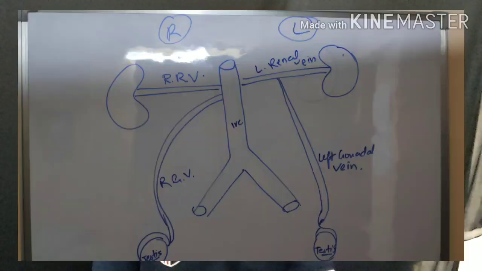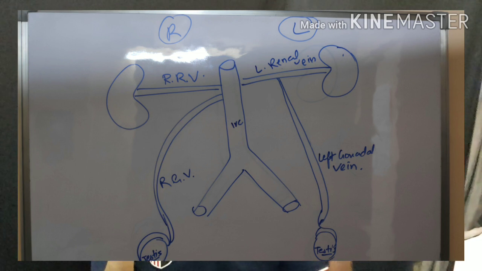Now you have to know a bit more of anatomy, that the left gonadal vein drains into the left renal vein, but the right gonadal vein drains into the inferior vena cava directly. This is a very important anatomical point over here in this question. Now you can clearly see that the patient has left sided RCC which has infiltrated into the left renal vein. So now the left renal vein is totally obstructed due to the cancer infiltration. So will the left testicular vein be easily drained into the left renal vein? The answer is no, and hence he will develop varicocele.